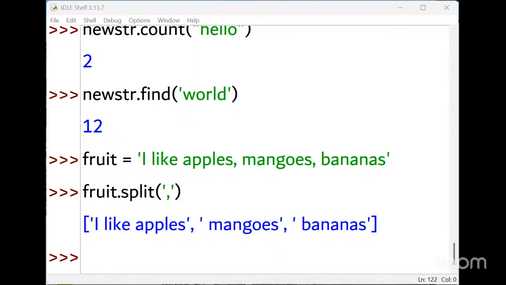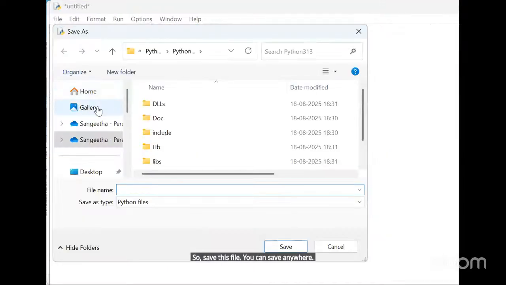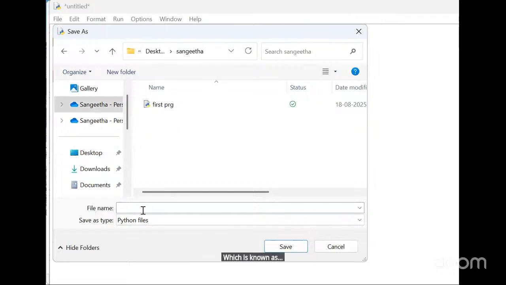Then print hi, and the joining operator is comma. You are printing this name. Save this file anywhere. I already have a folder on the desktop known as Sangeeta. I put program 1 and save it now.